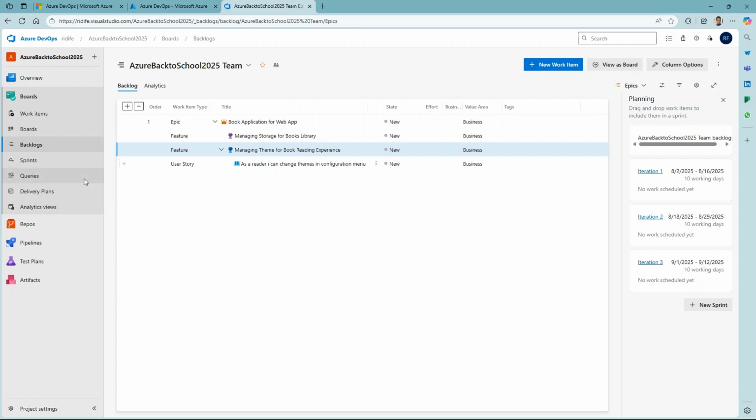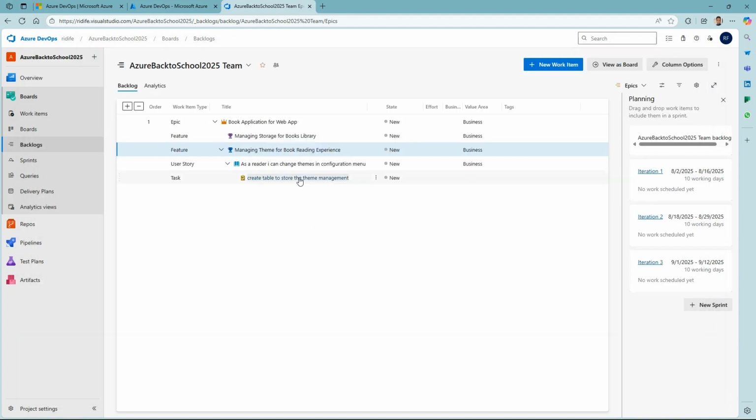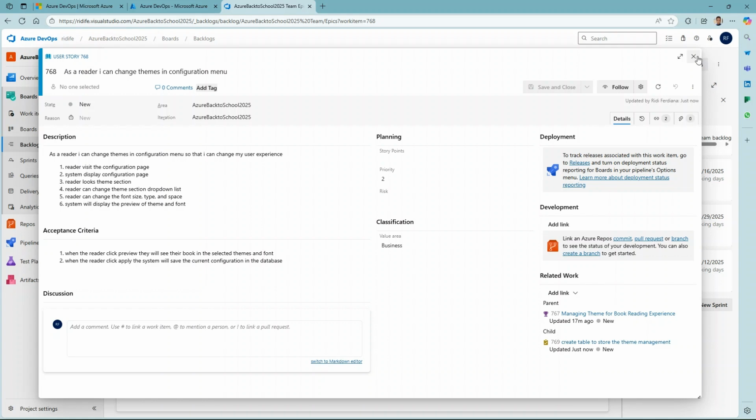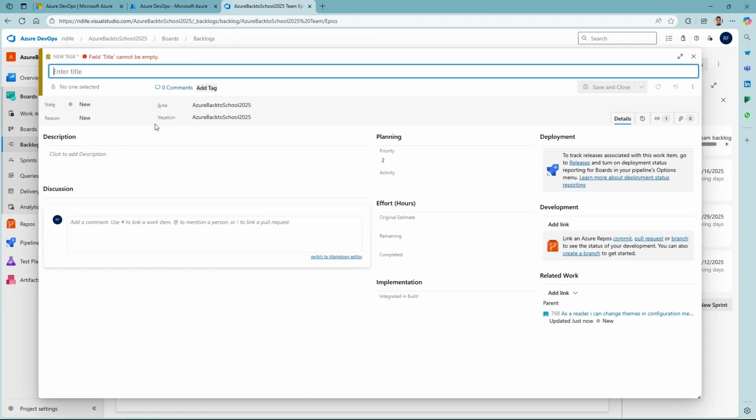So what is a task? A task is a more technical activity that you need to develop. For example, create a table to store the theme. Okay, for example, this one. So I can put create tables. The task itself might be assigned to people, while the user story might be assigned to the product owners